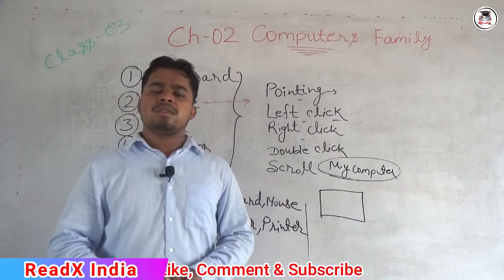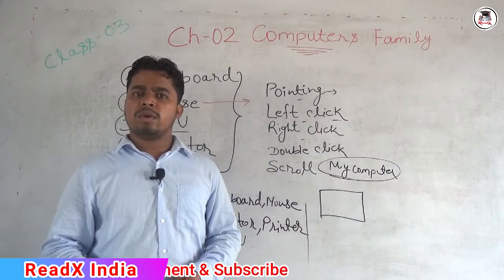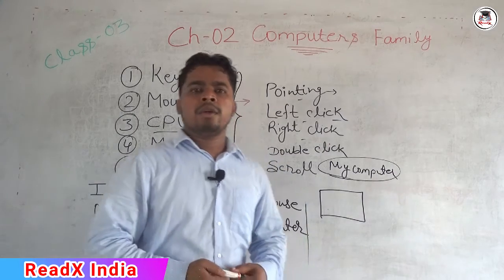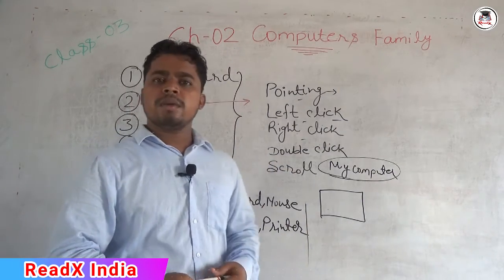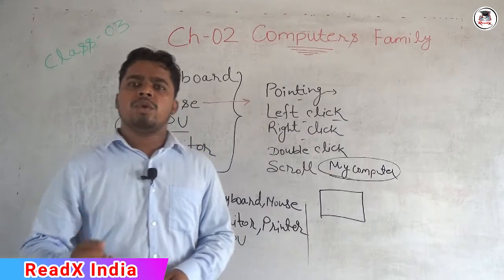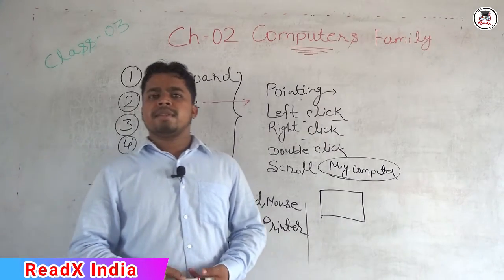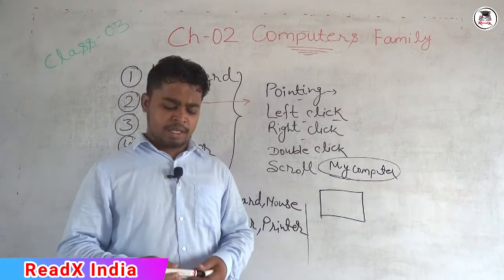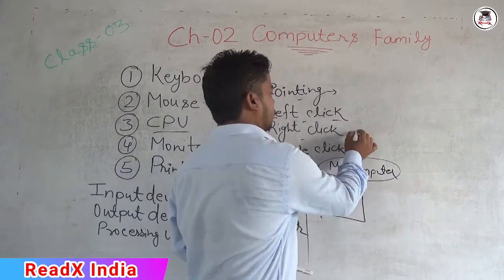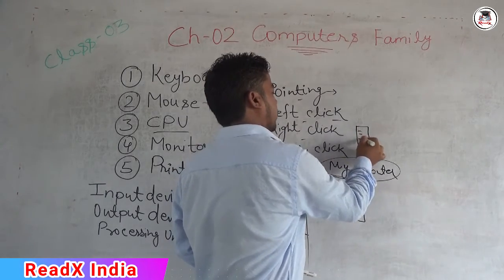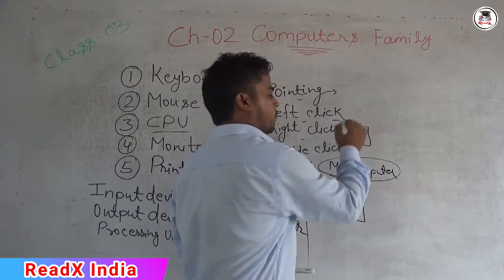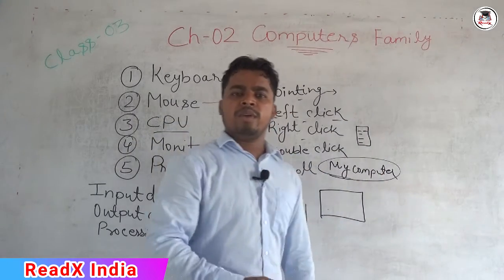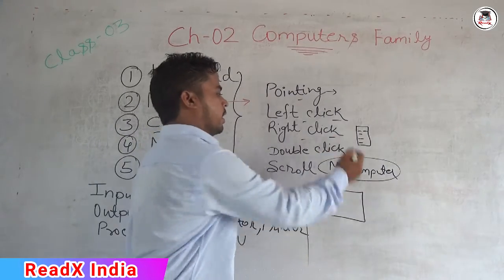Okay, so in the mouse, the right button can also be used in a similar way in order to select. In that way you can use the right click. The difference is that if there are other functionalities which can be performed over there, it will open those in a list format. You might have observed that if you right click, you will find some options like open, rename, move, etc.